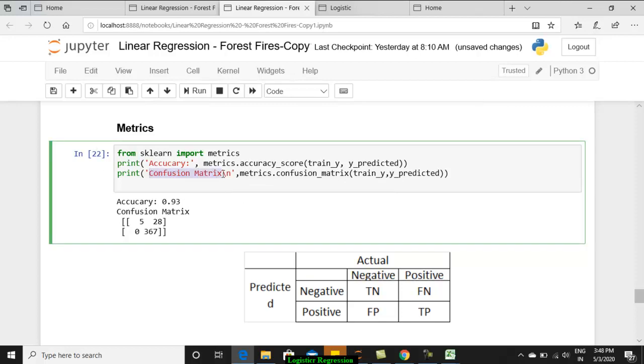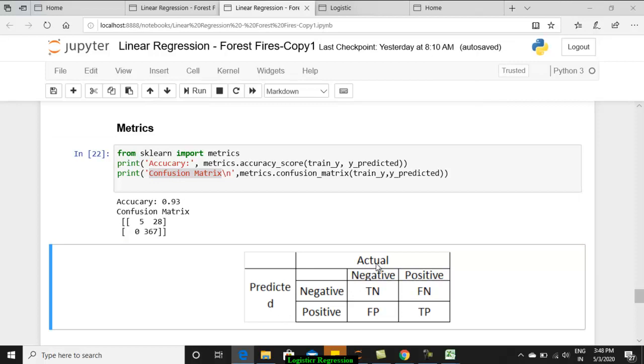Okay. This is more important. So what is this confusion matrix? It is just a matrix that will be created in the form of this diagram. So the confusion matrix is a matrix between your actual values and your predicted values. Since we are talking about binary classification, actual values will have two classes. One is class A, another one is class B.